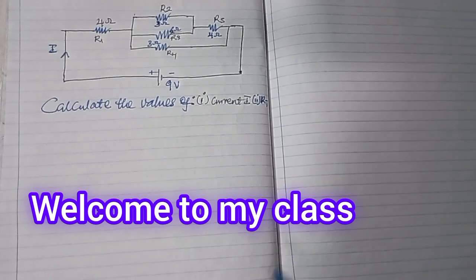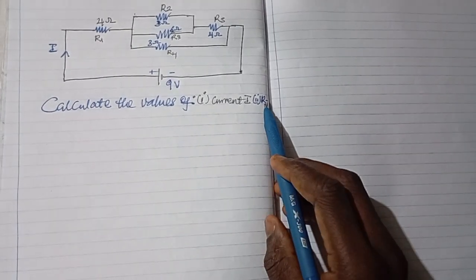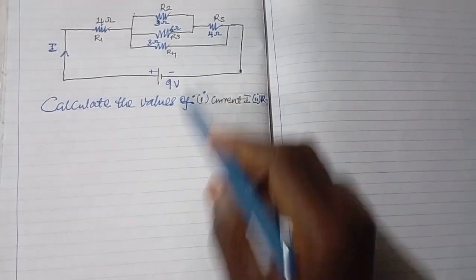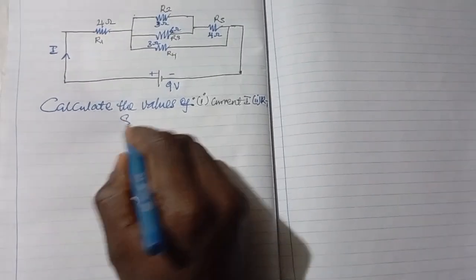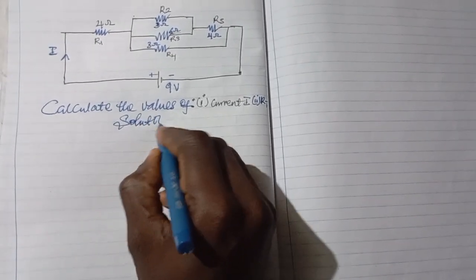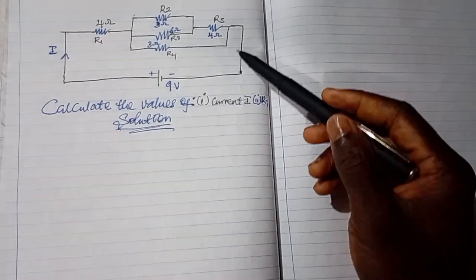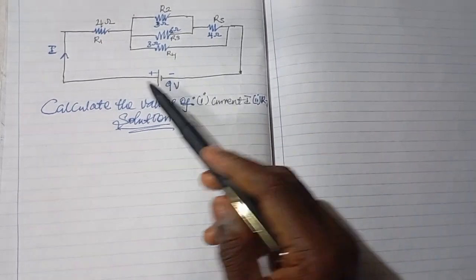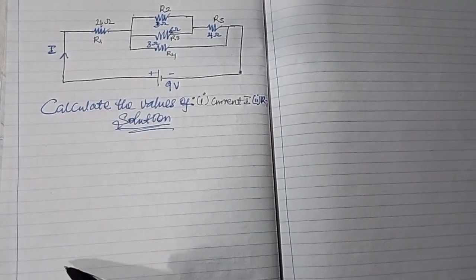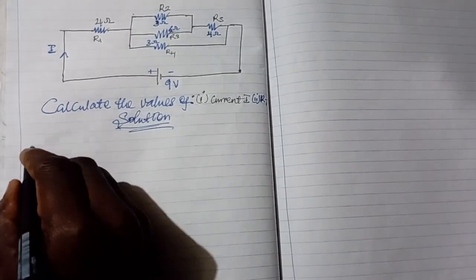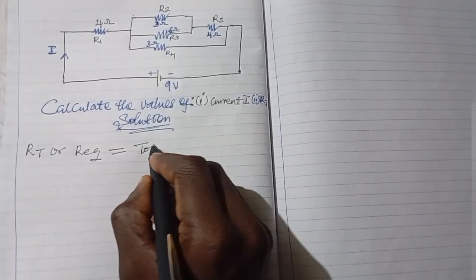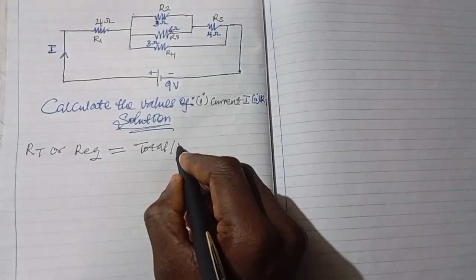Let's find the equivalent resistance and the current in this circuit. Solution. First, we have to find the equivalent resistance. Then from Ohm's law, we can calculate the total current. Okay? So R total, or equivalent